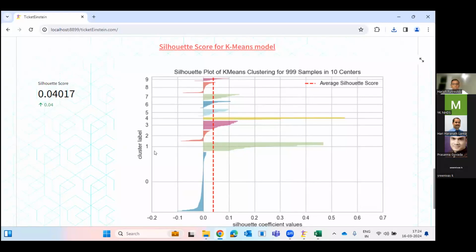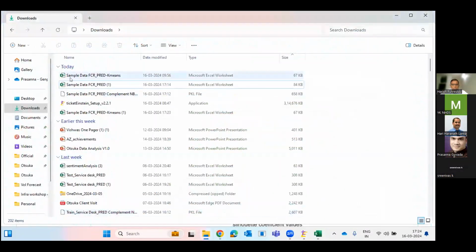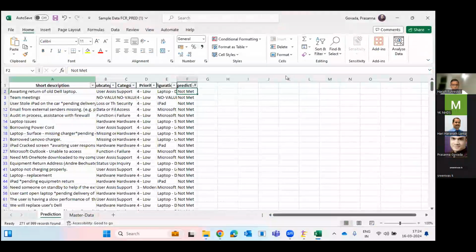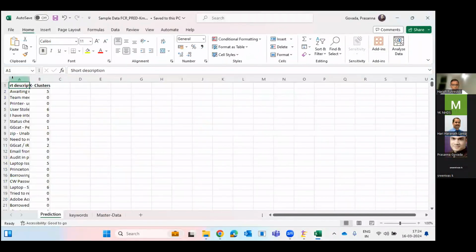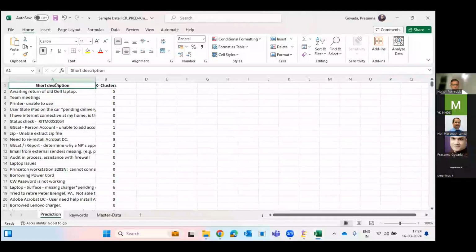So here it is like cluster 1, cluster 4 seems to fit that bill. But when it comes to cluster 0, it is towards a negative kind of a perspective. Now, let me go to the download and try to show you the output so that we'll add meaning to what I'm talking about. Now, again, I'll go to the same short description I was showing you as part of the initial data. And then I'll talk about the clusters.